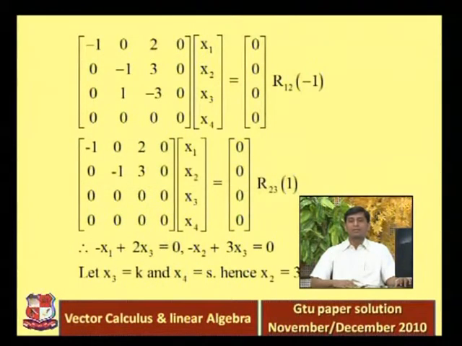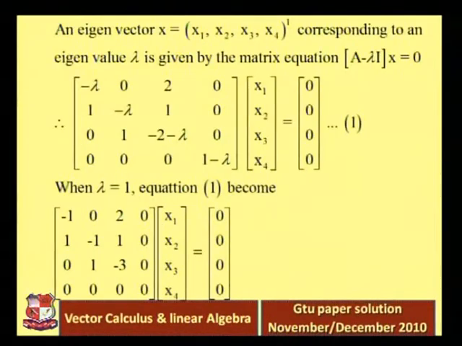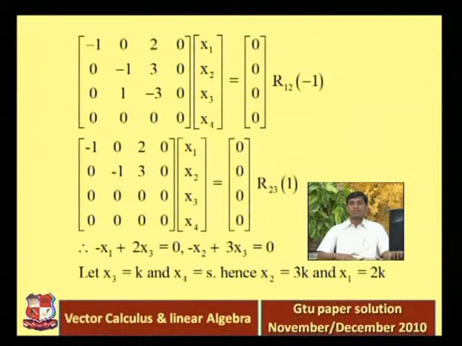So here is the process. We multiply the first row with 1 and add it into the second row. So minus 1, 0, 2, 0. The second row becomes, you can understand from this matrix, 1, minus 1, 0. Just add the first and second row. 1, minus 1, 0, right? Minus 1 plus 0, that is minus 1, 1 plus 2, that is 3, and then 0. So minus 1, 3, 0. All other elements are the same.